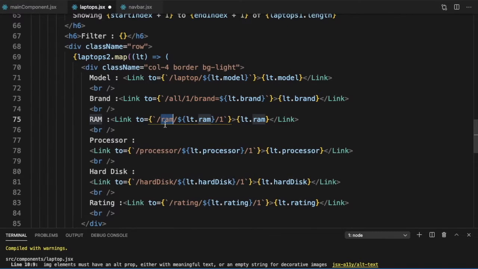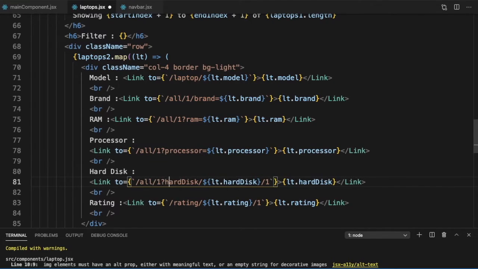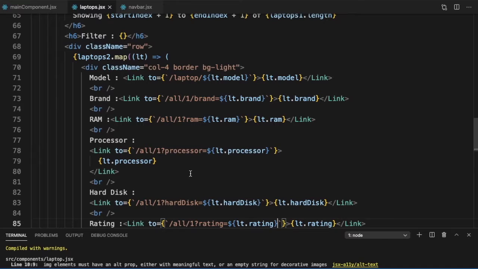Similarly, they should be all slash one question mark RAM is equal to, all slash one question mark processor is equal to, question mark hard disk equal to, and rating equal to. So this should work fine.